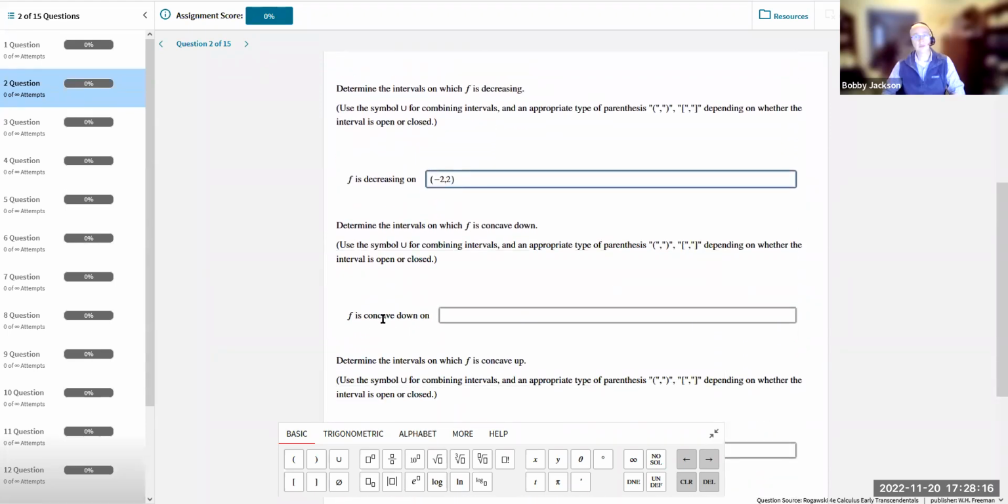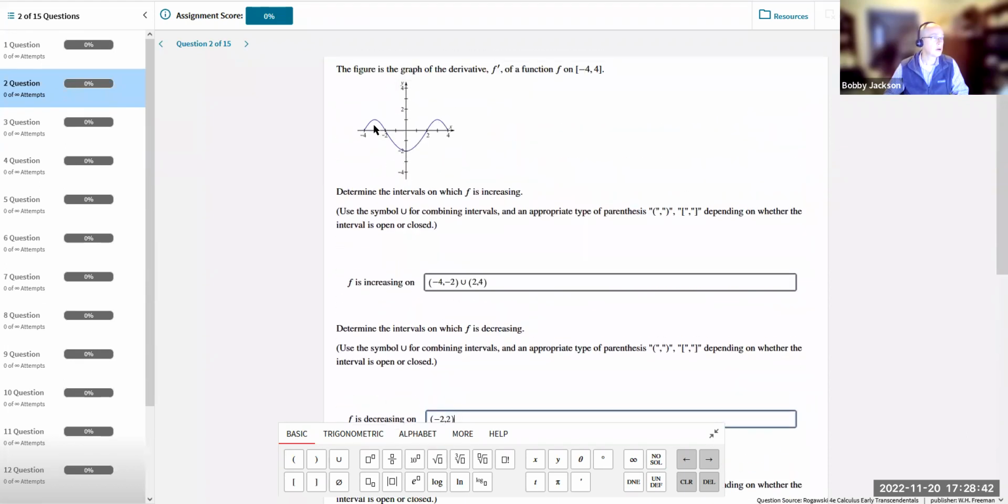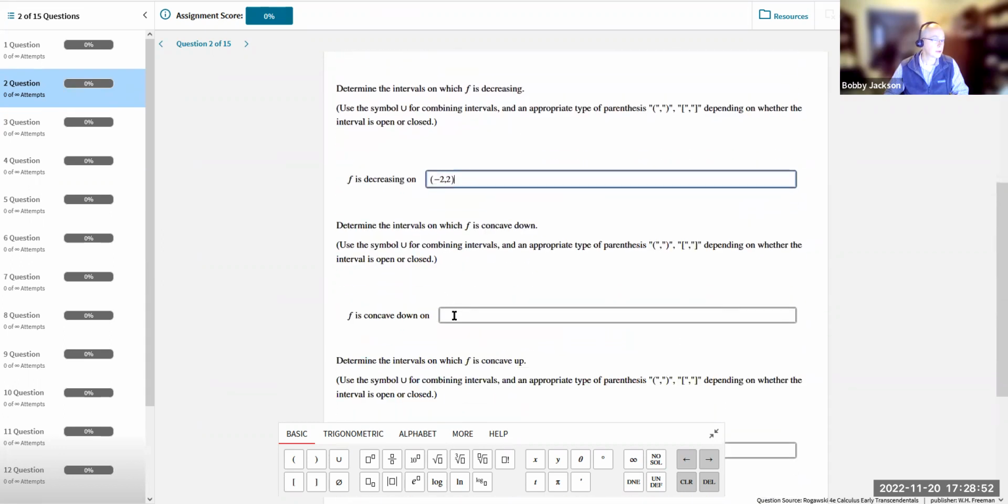Well, you need to know the relationship. A function is concave down on an interval if the derivative is decreasing, right? If the derivative is decreasing, that's the definition. It's also true on that interval, if the derivative is decreasing, that the second derivative is negative, okay? We don't have the second derivative though, we have the first derivative. So I'm looking for where the first derivative is decreasing. Where are we going down, right? Well, at -3 about, we have a local max and we go down to the local min at x equals 0. So from -3 to 0, we are decreasing. So let's first do that one,